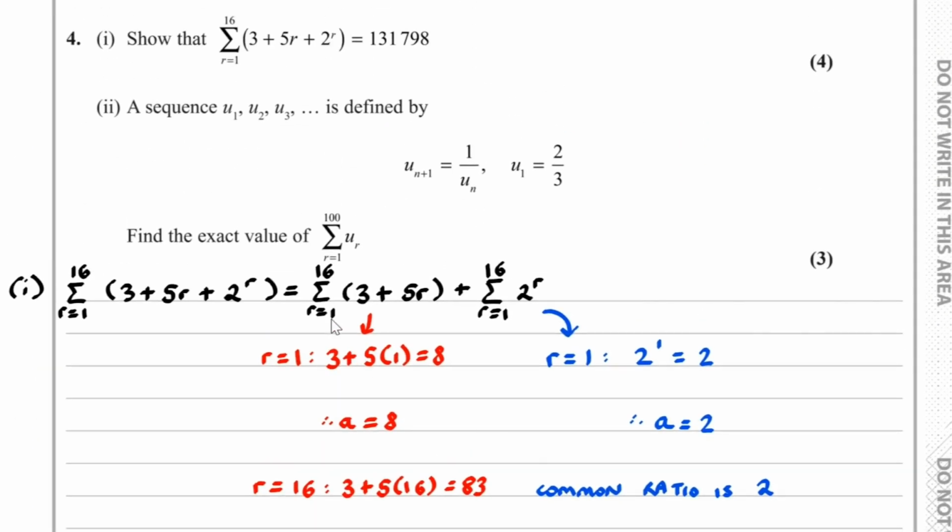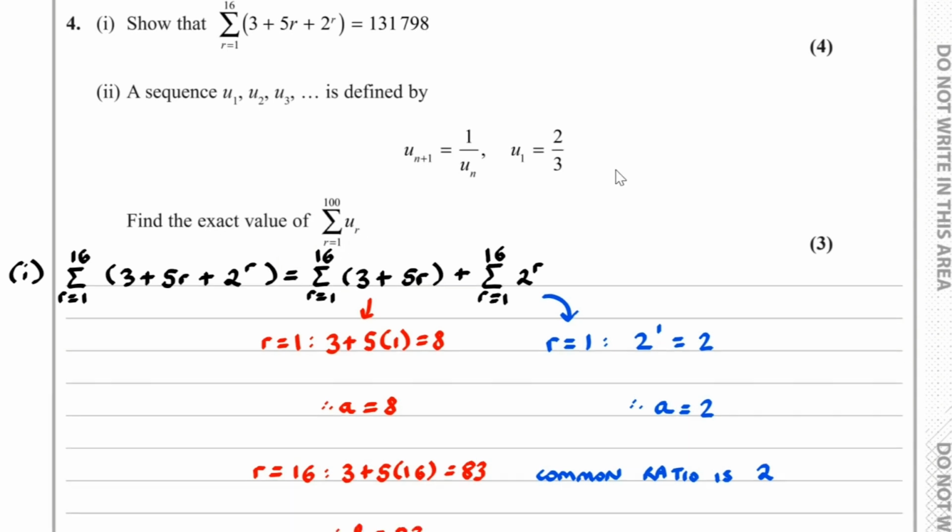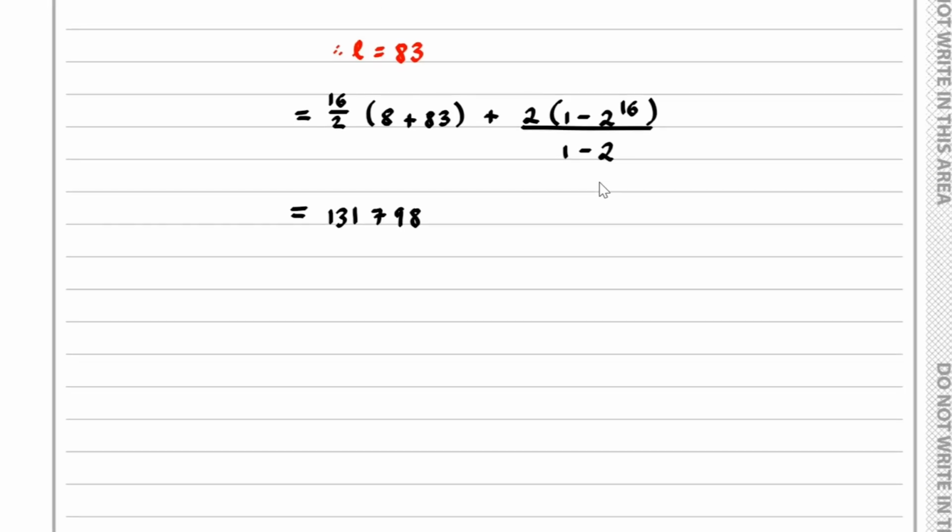And then for part B, a sequence u1, u2, u3, etc. is defined by un plus 1 equals 1 over un, with u1 equaling 2/3, and with this we have to find the exact value of the sum of ur from r equals 1 to r equals 100. Well, what we know so far is u1 equals 2/3,